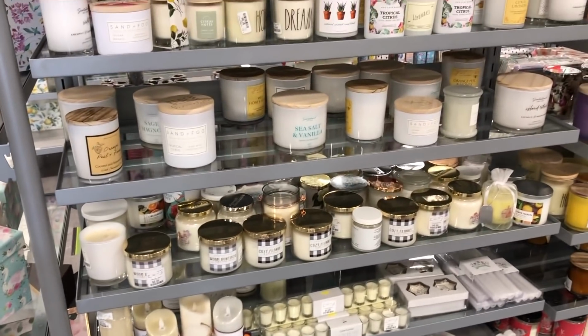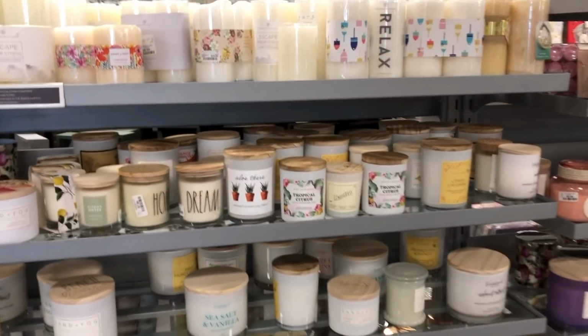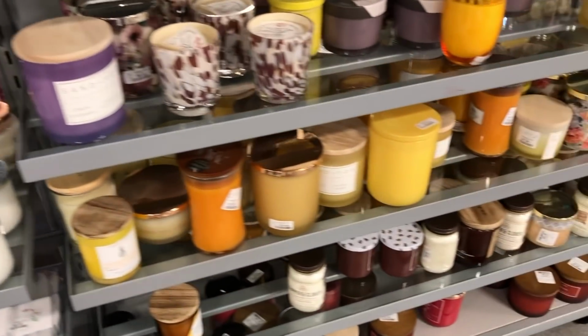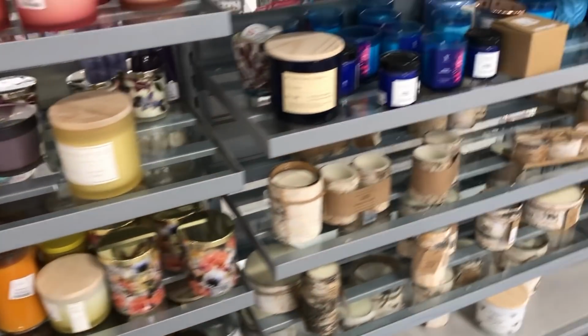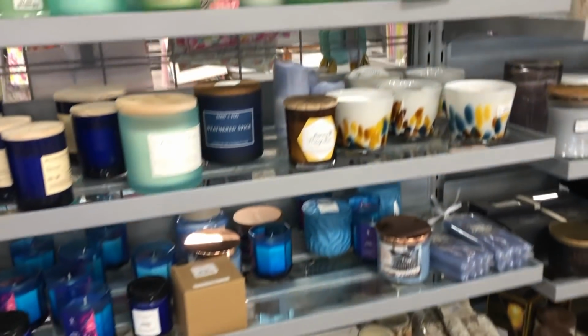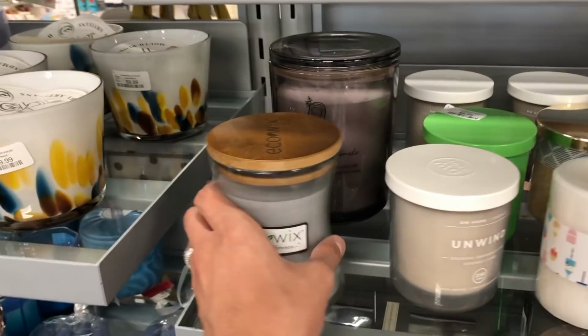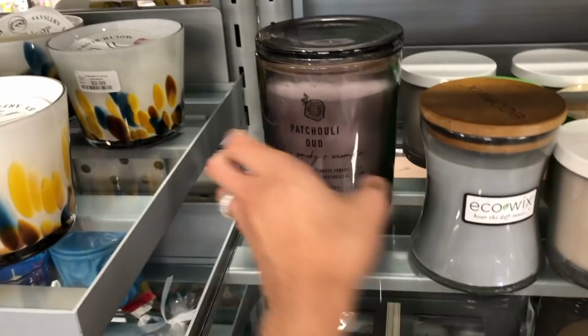It would be a literal crime not to stop at the candle section of a HomeGoods or HomeSense. I personally think my locations are lagging, but I did find some of the earthier candle scents that I enjoy. I just think they're a little bit more full-bodied and woodsy. A few of my favorites would be the cedarwood and sea salt candle, and this one here, the patchouli oud